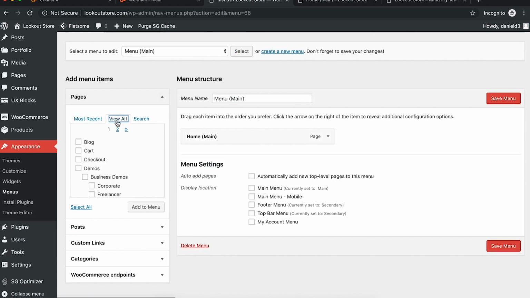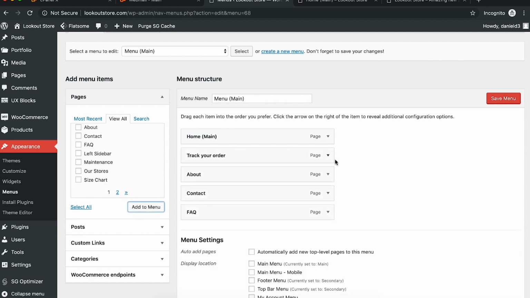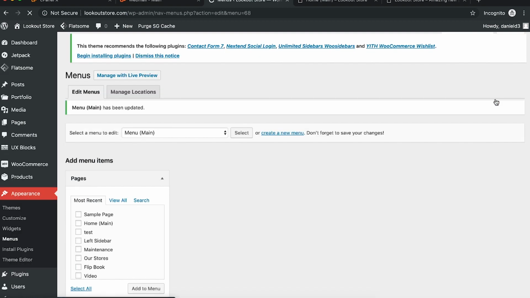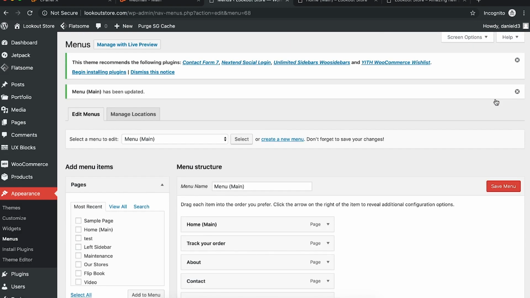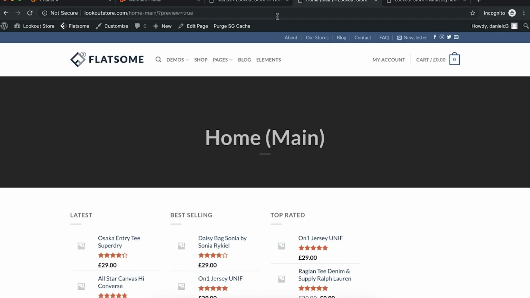What you can do over here is click view all. And what I want to do right over here is the following. So let's just take a look at track your order, about, contact, FAQ, and I'm just going to click add to menu, and I'm going to go ahead and just click save menu. Again, we're creating a very basic and generic menu over here. So we went ahead and created the menu, and you'll notice that on this particular theme